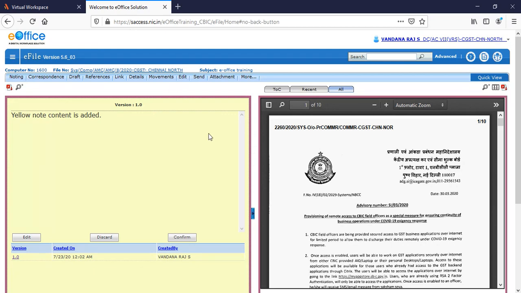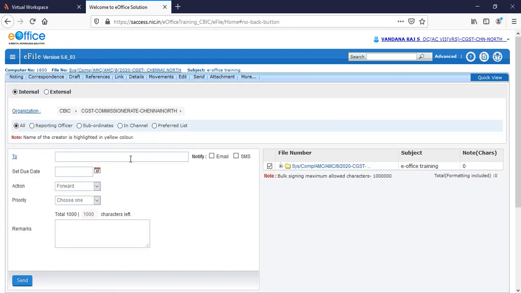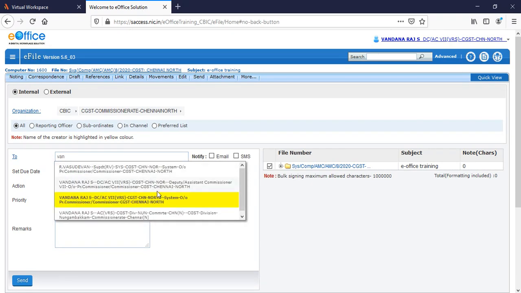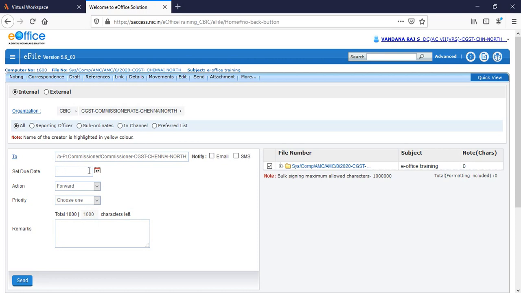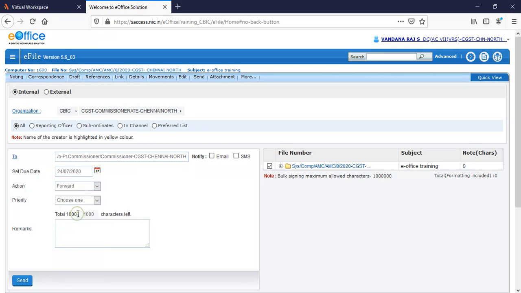So now, having created this file, let's send it to someone. Now here, I choose to send it to my other formation. The due date can be chosen if there is a due date, say tomorrow.